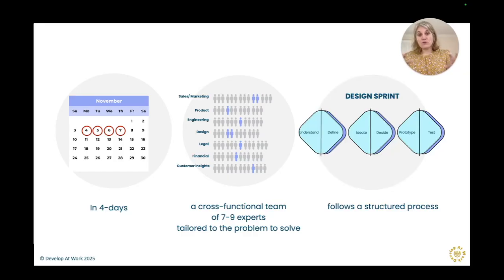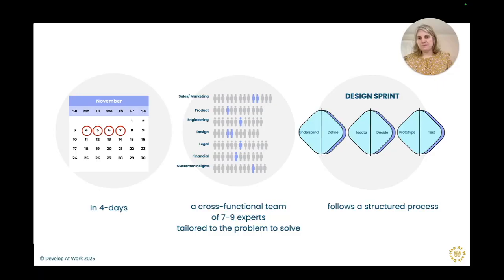The team during those 4 days will understand the problem they are trying to solve, define what are the goals of that design sprint? What are the answers they need to get from real users at the end of the sprint to make the decision if a solution is worth building or not? Then they will ideate solutions for a specific problem that they are here to solve, decide which solution is worth prototyping, prototype the solution, and then validate and test that prototype with real users to be able to gather data